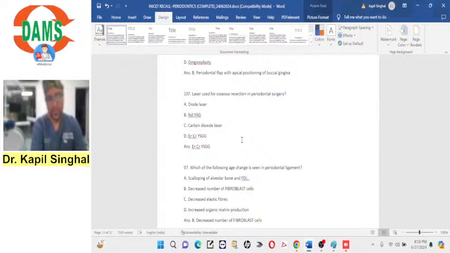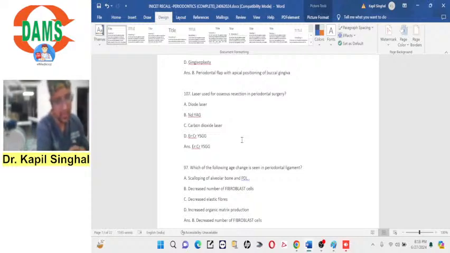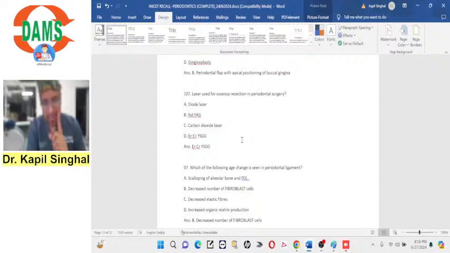because both these lasers work on a principle in which the laser is absorbed intracellularly by water molecules. Now, this absorption capacity of the intracellular water molecules is better for Er,Cr:YSGG laser. So, the more the absorption of this laser by the water molecules, the less would be the tissue damage. So, out of both these options, Er,Cr:YSGG laser is a better option and a better answer here. So, answer here would be D,